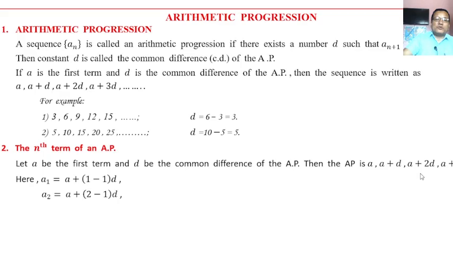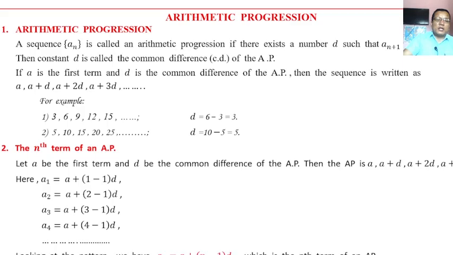Third term a plus 2d is a3, which is a plus (3 minus 1)d. Fourth term a plus 3d is a4, which is a plus (4 minus 1) times d. Proceeding similarly, looking at the pattern we have